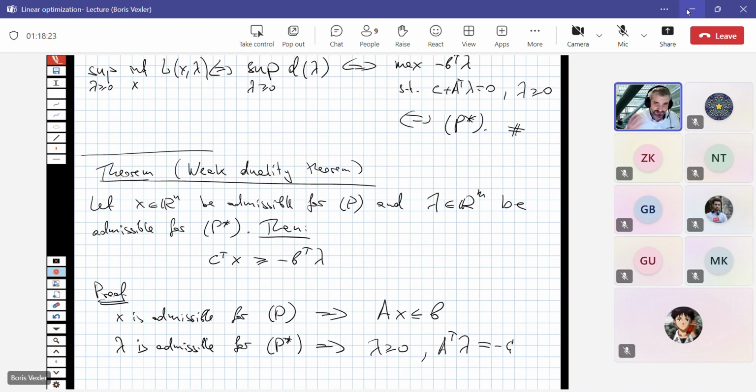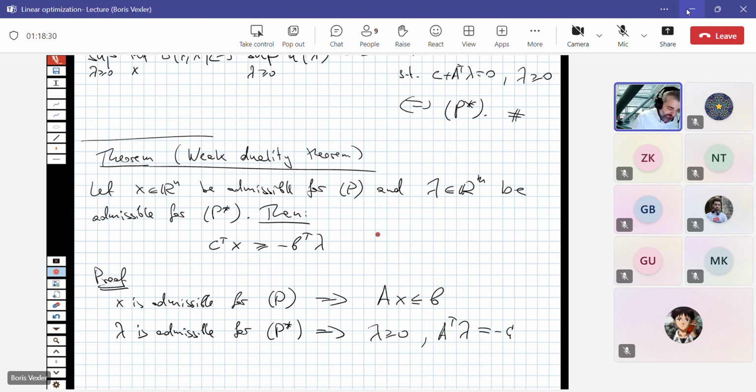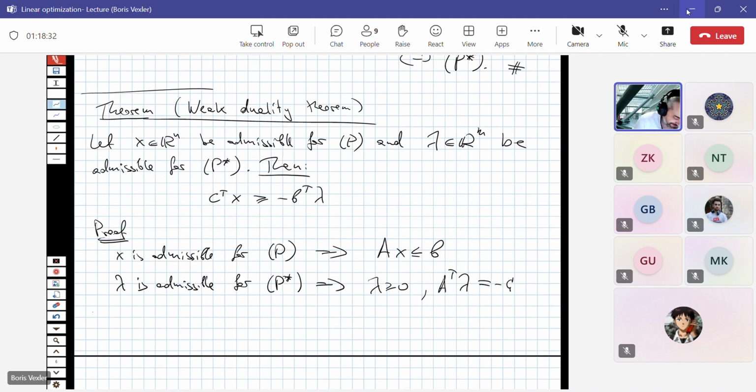Yes, you can also calculate what happens in other cases, but here is the situation. Okay, this is what we know, and now they just calculate. Just calculate C transpose X. Yes, this is this. Just calculate. What we use